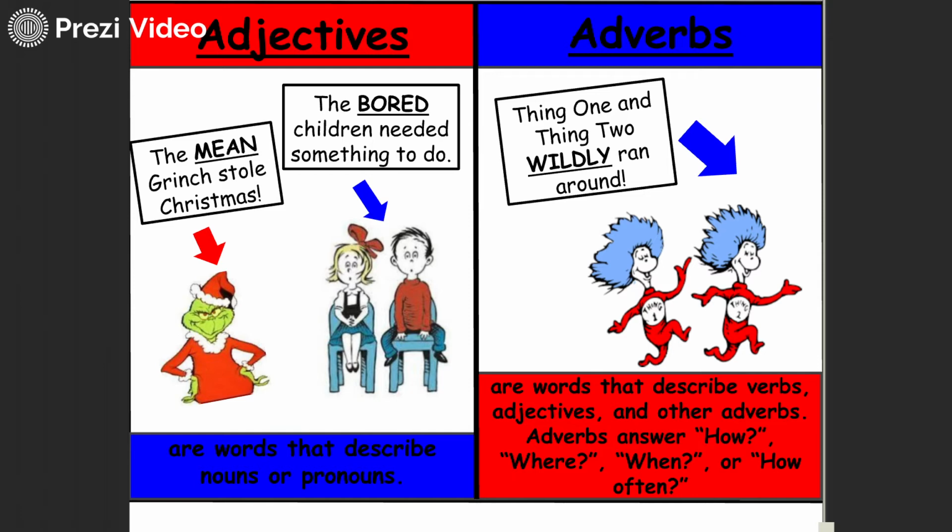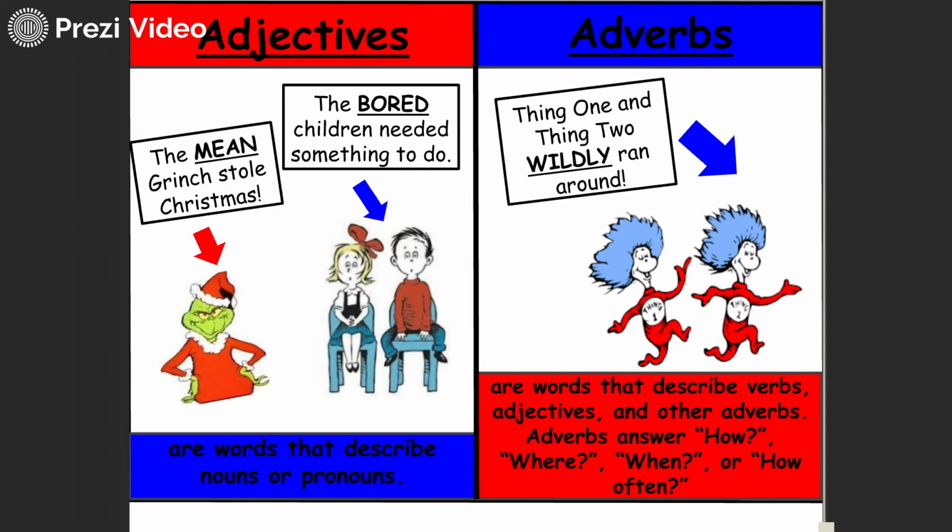Adverbs are like adjectives, but they describe verbs. So whenever I see add, think of adding it to another word. Adjectives add it to an object or to a subject, so that's where we get the eject in adjectives. Adverbs, well, verbs are action words, so adverbs describe how action words are being done. They can also describe other adjectives, but generally we will see them describing verbs or other adverbs, as in